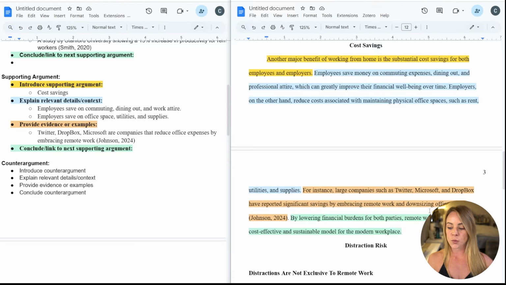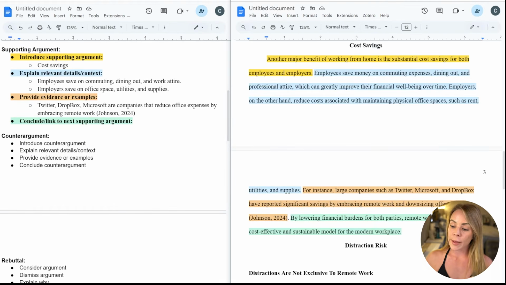Employers, on the other hand, reduce costs associated with maintaining physical office spaces, such as rent, utilities, and supplies. For instance, large companies such as Twitter, Microsoft, and Dropbox have reported significant savings by embracing remote work and downsizing office spaces. By lowering financial burdens for both parties, remote work proves to be a cost-effective and substantial model for the modern workforce.